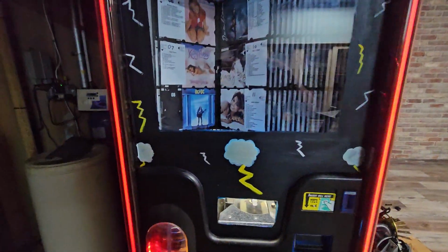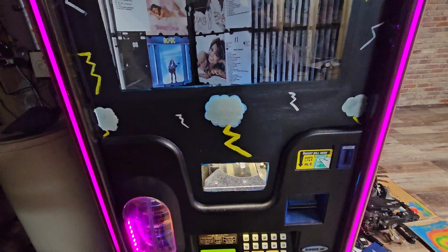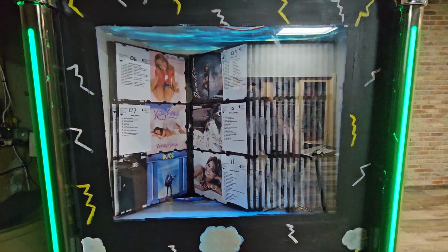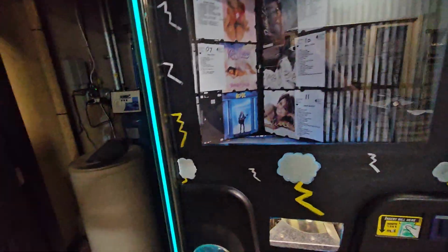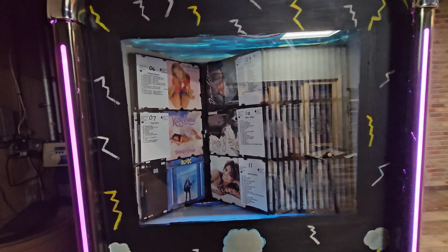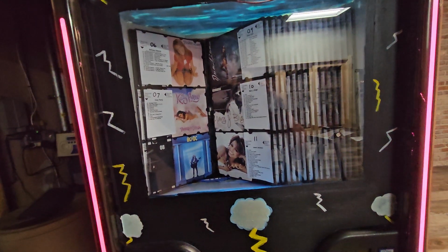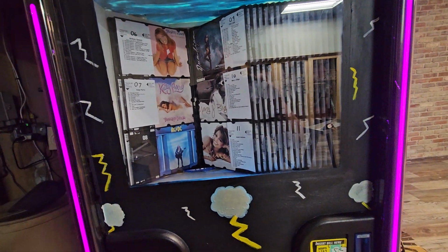Alright, this is just going to be a quick little demonstration of how to properly program a CD into an older Rowe CD jukebox. This one's a WP100. It's the same basic principle for all the older Rowes, probably from like the R94 up until the last ones they made. But anyway,